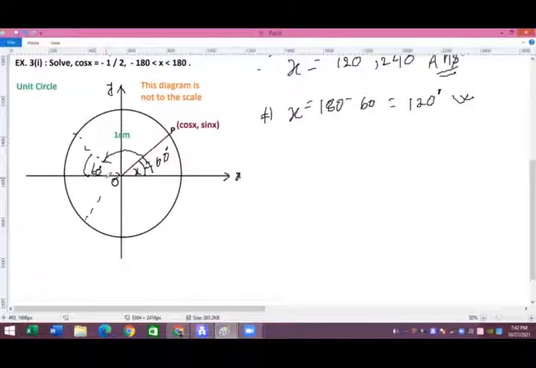And also up till here, this is 60 degrees, but at this time we are not talking of 180 plus a or from 0 to 360 degrees, but we are talking from negative 180. That means we measure this angle along the negative direction, which is the clockwise direction here. So with reference to the negative 180 degrees, the other value of x in this case is